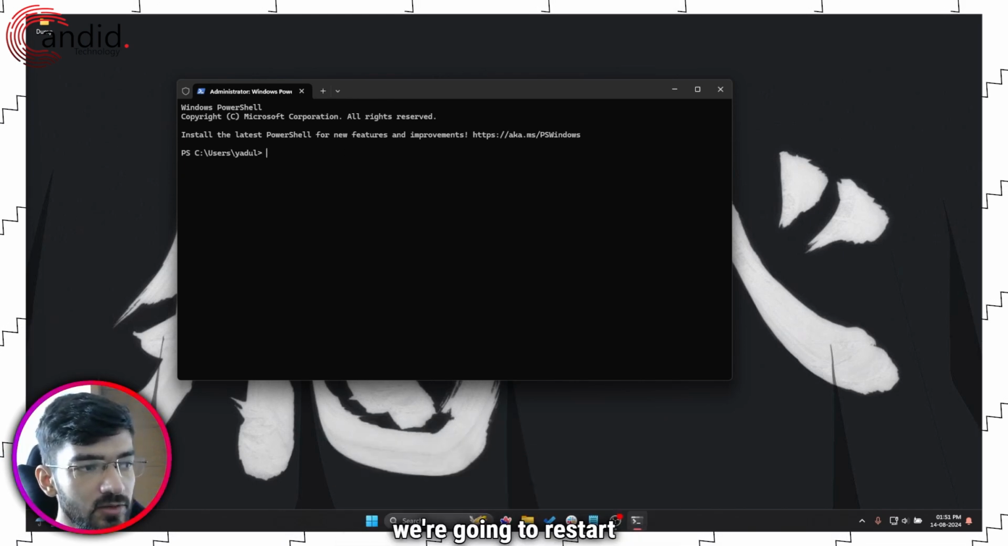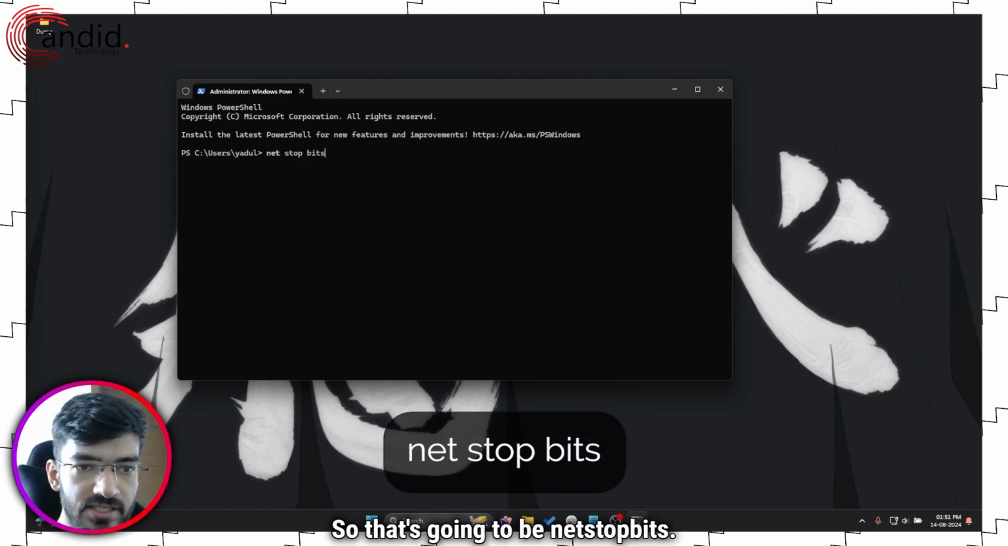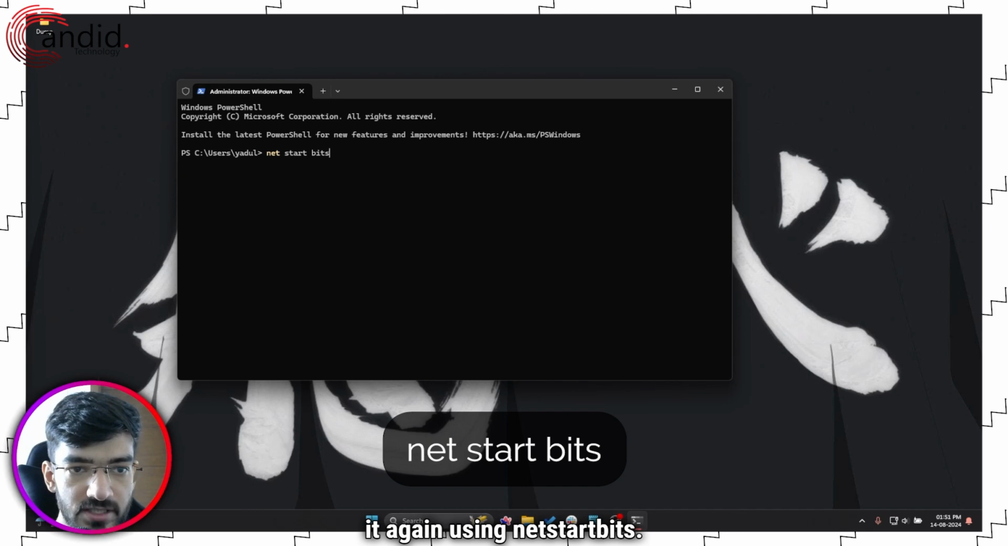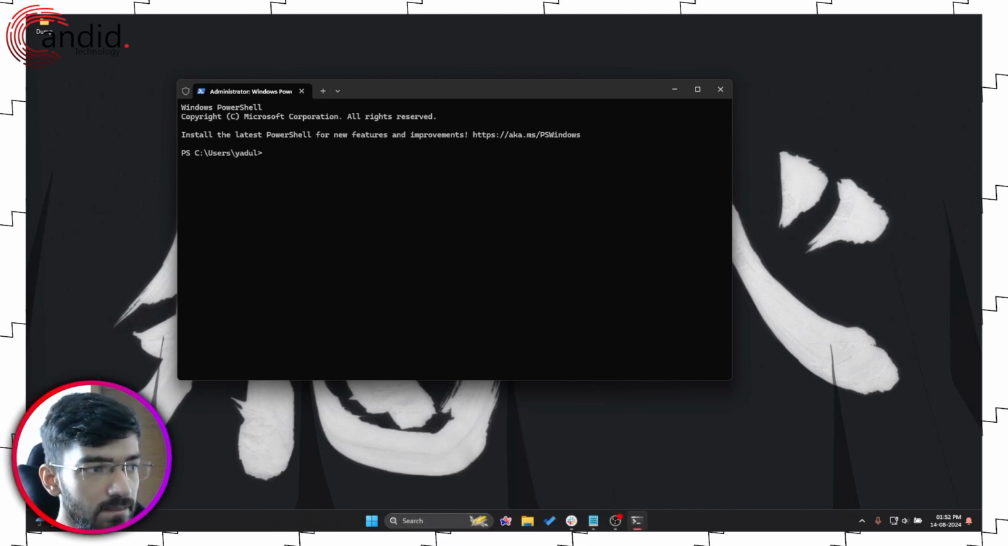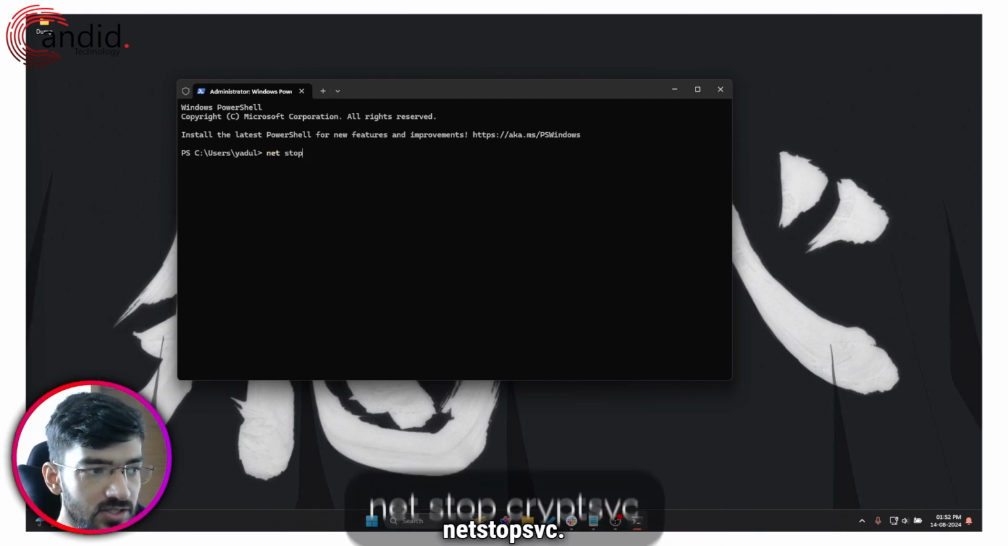Alright, next up we're going to restart the bits service. So that's going to be net stop bits, and then once you've stopped the service, we're going to just start it again using net start bits. Next up is the cryptSvc. So once again, net stop